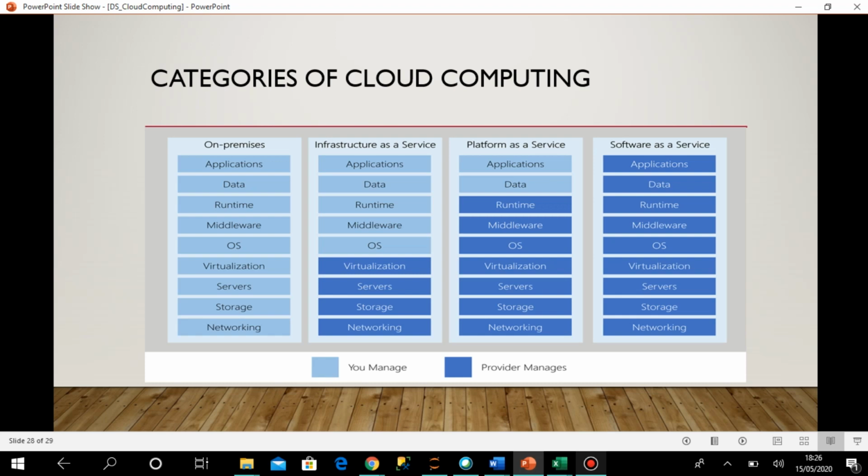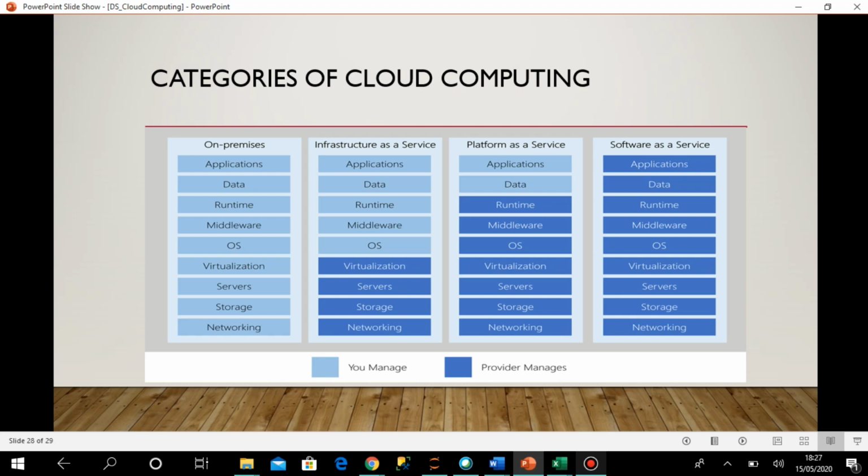Now if you go to infrastructure as a service, you can see that these four parts, networking, storage, server, and virtualization, are handled by the provider. The cloud provider will handle this. It is as if I am getting one machine or a set of machines in a lab. Suppose I have to do some lab on SQL Server.